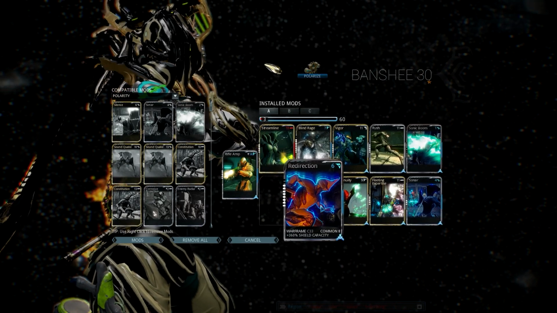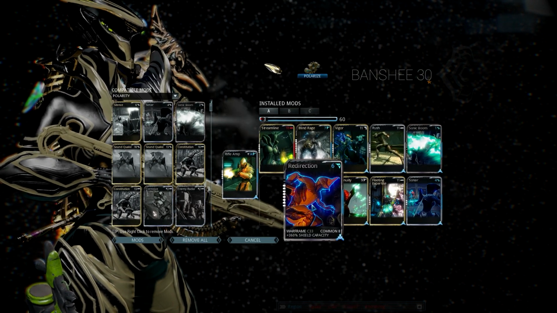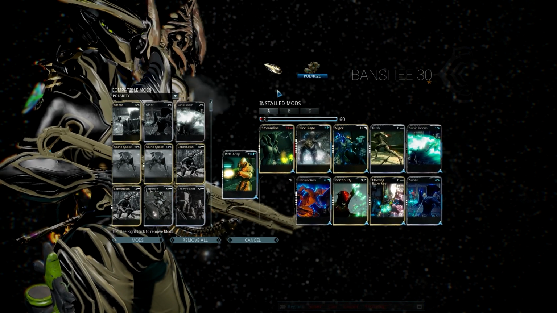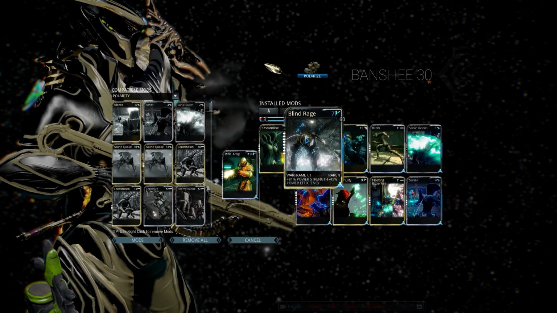Got a Redirection in the top slot for some defense, giving you shields. You can take it all the way up if you have the points to do so and the fusion cores to rank it up all the way. And then as far as her corrupted build goes, we have Blind Rage in there, which is a perfect